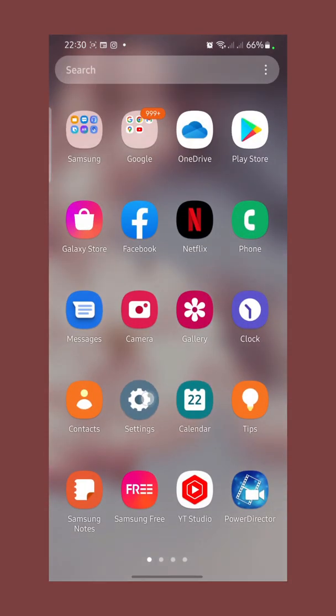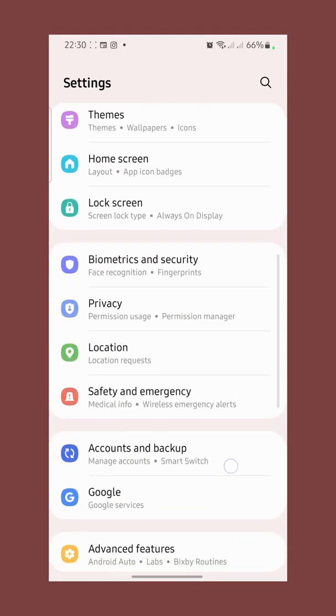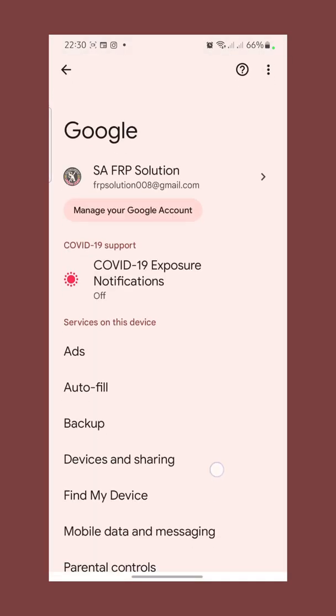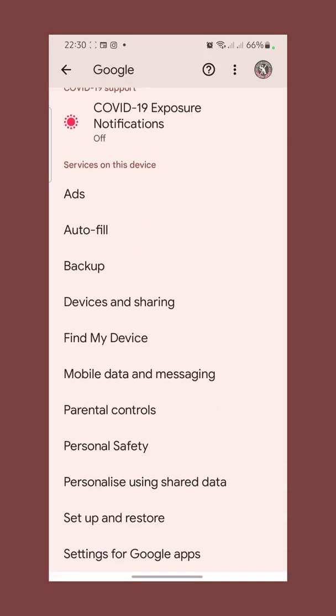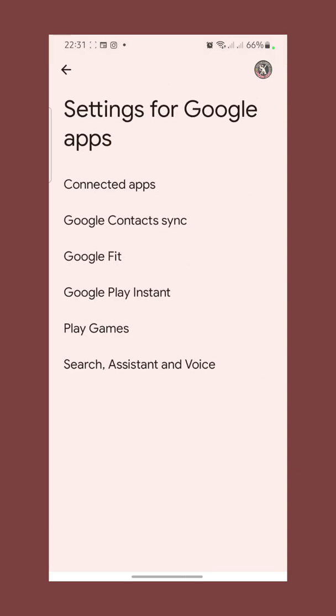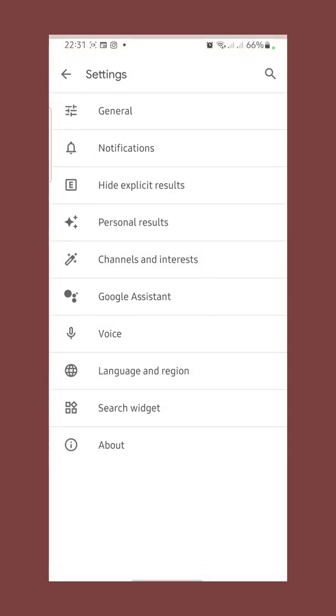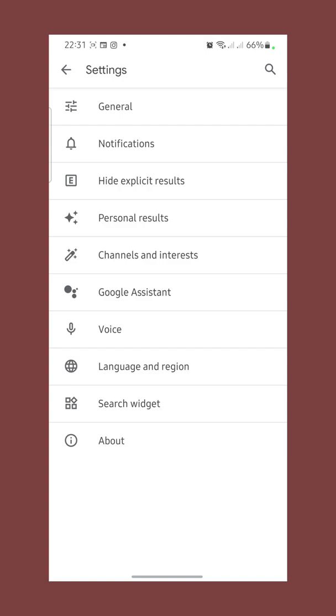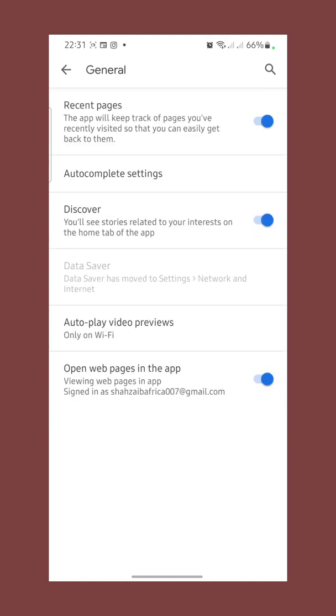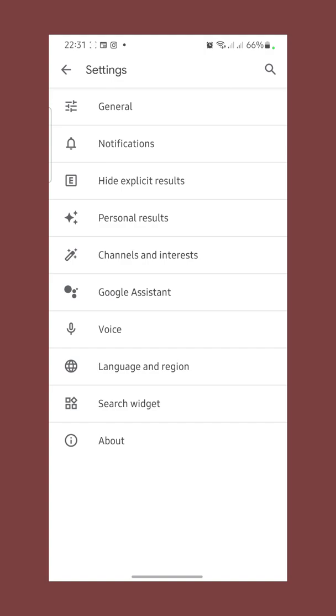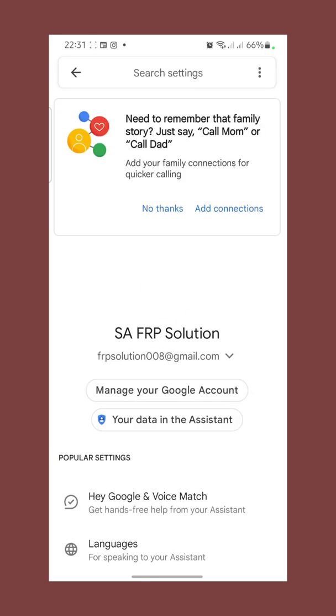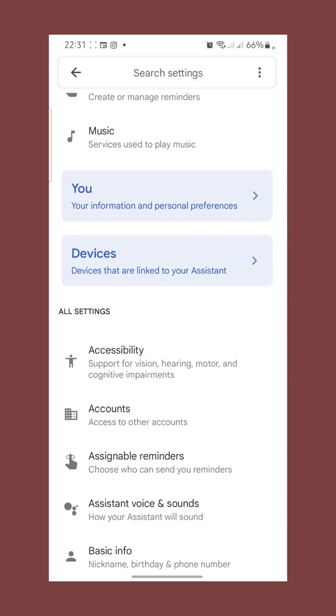You can go to your settings, then tap on Google, and then tap on settings for Google apps. Then you can tap on search assistant and voice, and after that you can tap on general, and then tap on Google Assistant, and then you can tap on